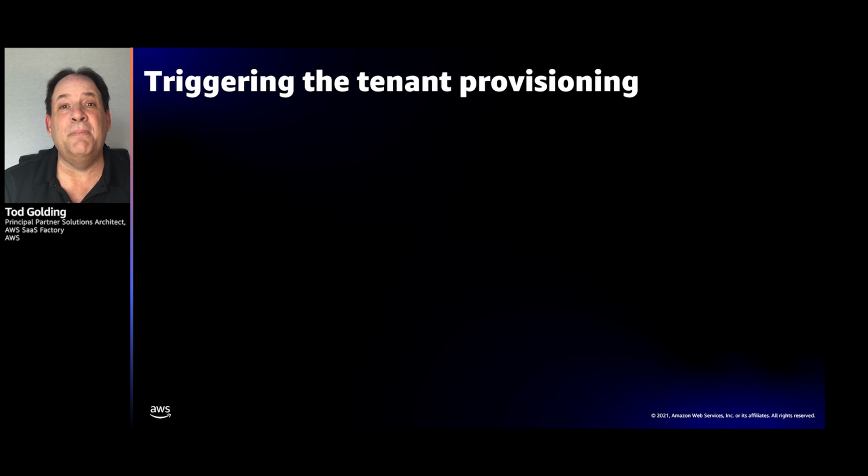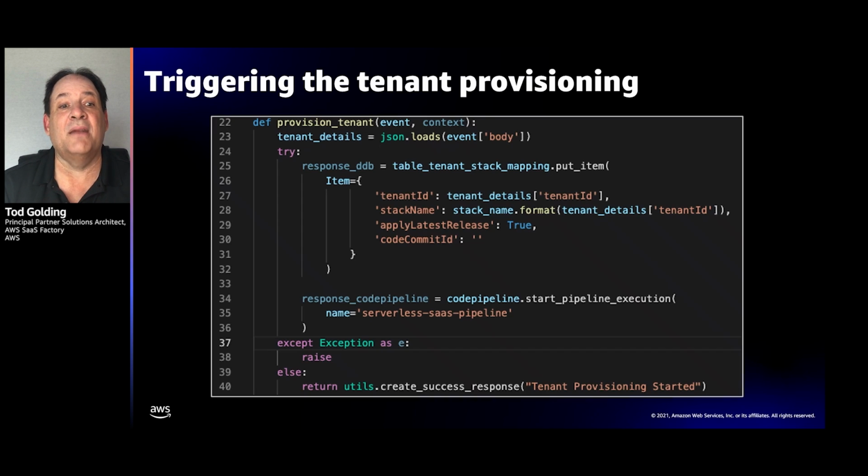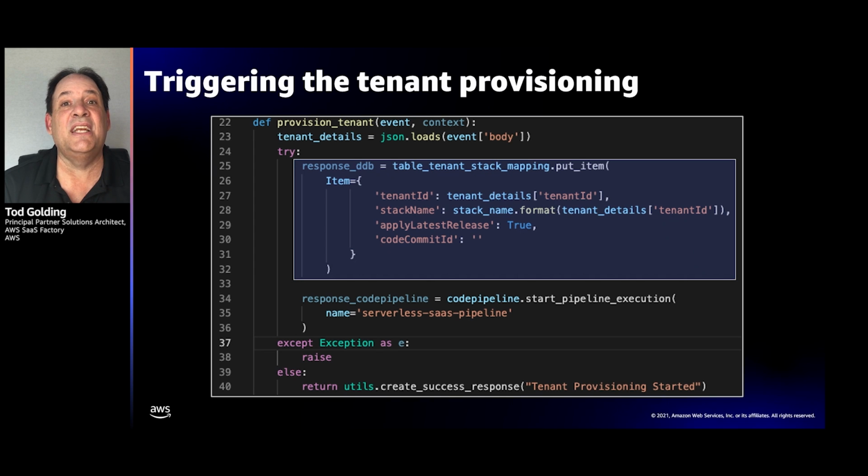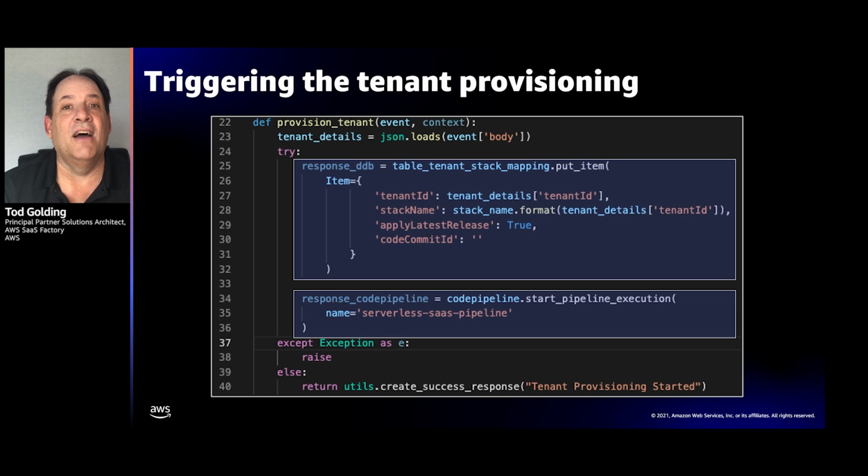Okay, now one of the key parts of this is during the provisioning process, how do I actually trigger that pipeline to onboard a new tenant? So if I'm inside my code and I'm looking at where in the code this process happens, well, if you go look at the provision tenant function here and you look at the details, you'll see where we're actually inserting an item into that table. So when we put an entry into that stack mapping table, then we can go and trigger the pipeline from our code, and that will make that overall process work. So if you're hunting for that, this lands in this particular function here, and all we're doing is just inserting a row and kicking off the pipeline.